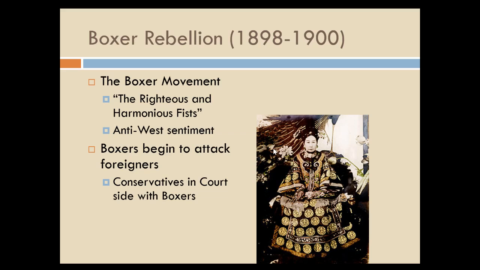And so the Europeans strike back against the Boxers, the Boxers get more brazen, and then the Qing come out in support of the Boxers and begin to fight back against Europeans. And so with this attack against Europeans by not just the Boxers but now also the Qing proper, you have a coalition created